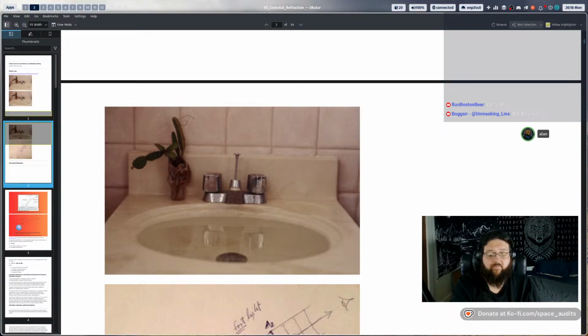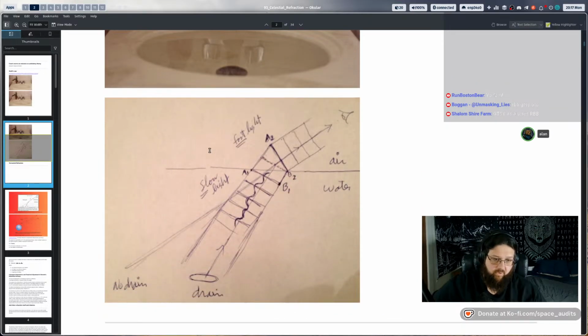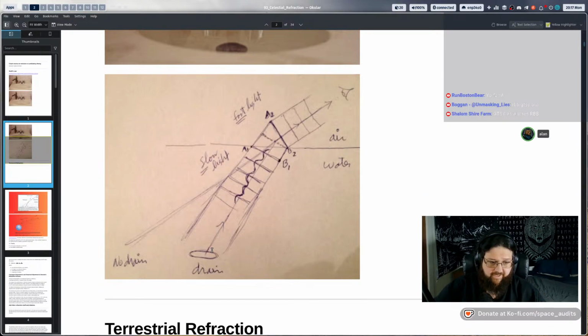And astronomical refraction doesn't have that same vertical proportionality ratio. It does act as a magnifying effect, which does cause the lift, but it doesn't do it in the same way that causes the vertical proportionality that preserves the form of the object and the ability to lift it over. So what we're looking at here is a side diagram of the drain, the light coming from the drain, and then it's being bent when it hits the water here to your eye. So that's what's causing the change in the light path there.